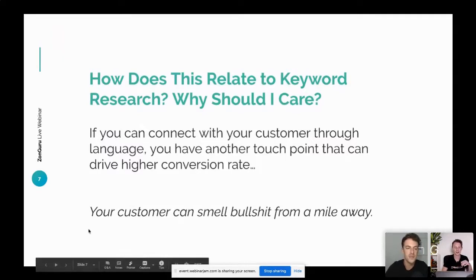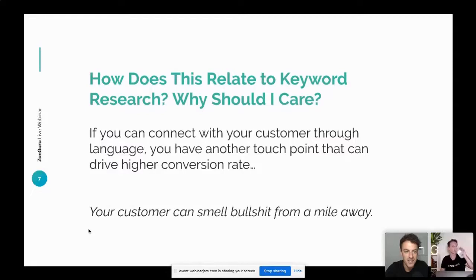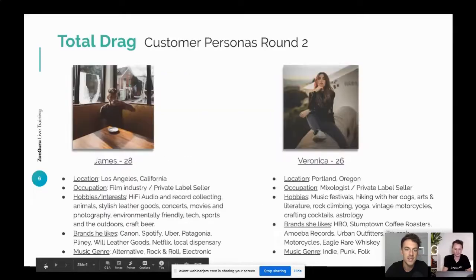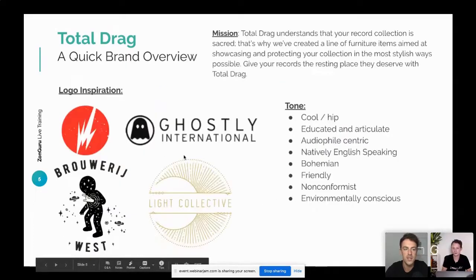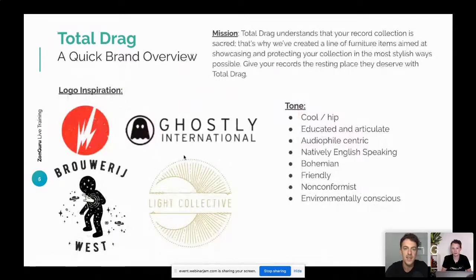I'd like to reinforce this. I know you may have noticed that Darren is an English major, so he has a bit of a knack for the writing. But if we go back a couple of slides to his mission statement, we can see here that your customer isn't going to smell bullshit. You should screenshot this and we'll send you the slides, but this is a perfect way to write out your mission statement, where it's well-spoken. We're using creative words that